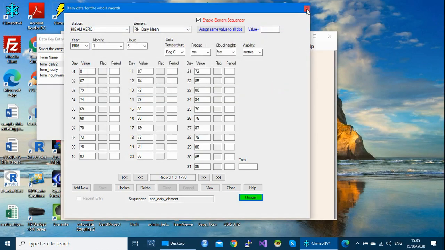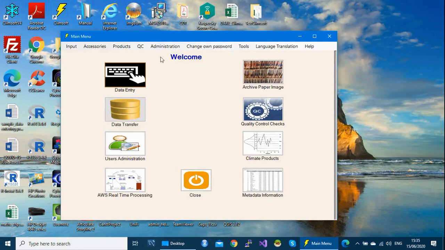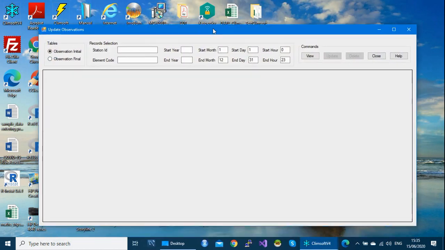To check, you need to close and then come here to the administration menu, update observations. There are two tables, observation initial and observation final. Your data are now in observation initial, because your data goes to observation final after doing the quality control.